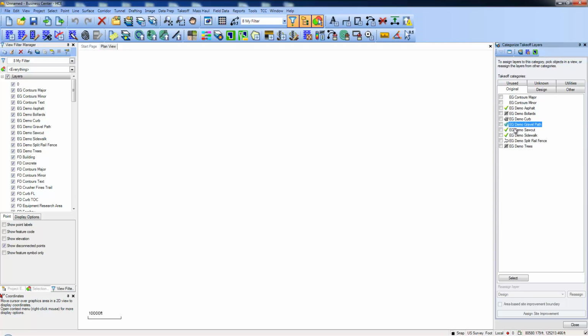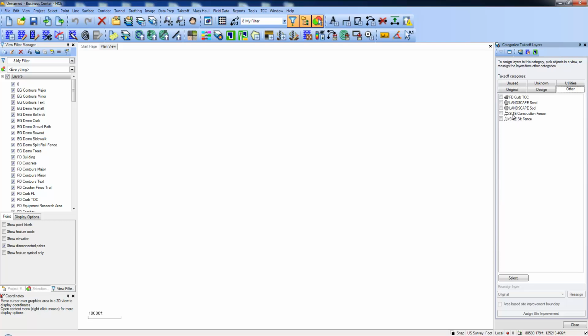So all we have to do is simply click inside of a boundary and it will create a site improvement with a thickness to get our subgrade adjustment and volume of material. If we go to the Design tab, again we see a list of layers that will make up the finished design surface, as well as the layers with green check marks that we can use to create area-based site improvements with thicknesses. If we go to the Other tab, we have other layers that will be used to calculate quantities,